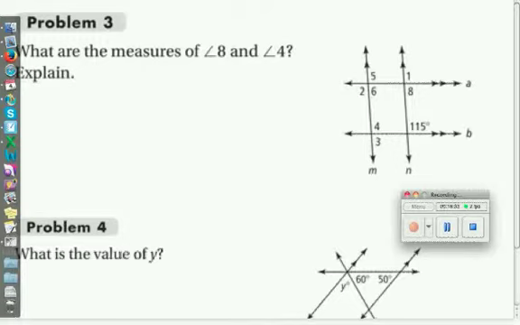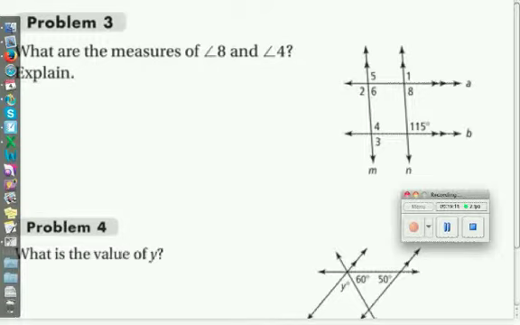If this isn't just popping out at you, and for some of you it might not, the strategy that you want to be employing is looking at the two angles, the angle that you're given and the angle that you're trying to find, and asking yourself, what kind of angles are they? Are they one of our special angles? Are they possibly a previous angle relationship that we've talked about? Because those aren't going away, as you saw in this last proof. Linear pair, not going away. Vertical angles, sticking around. So in problem 3, looking at angle 8 and the 115-degree angle,